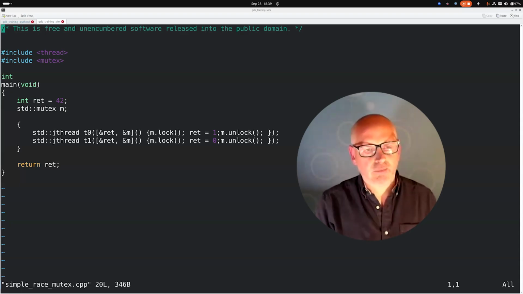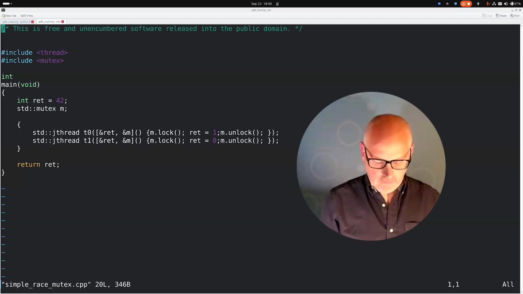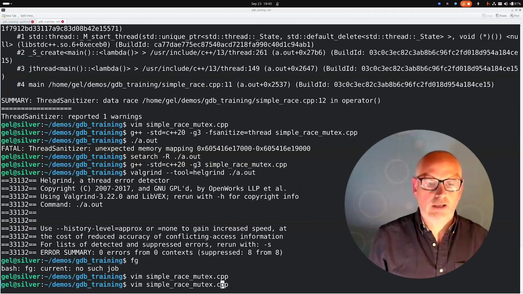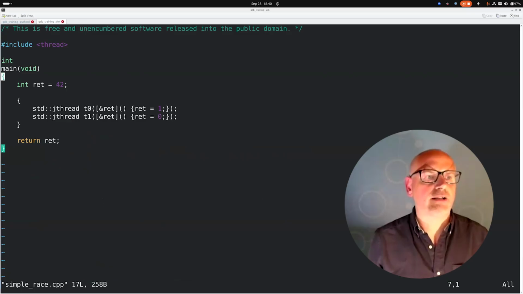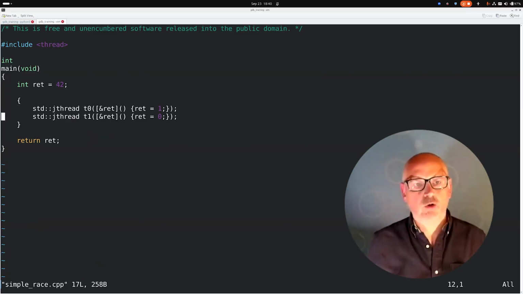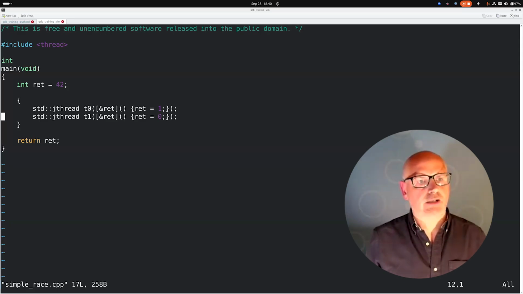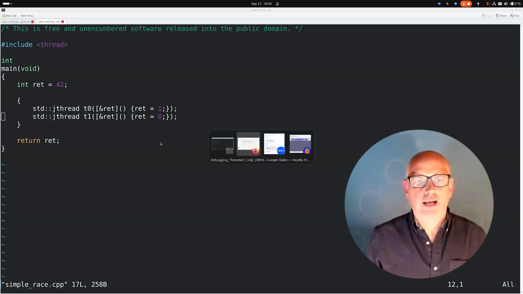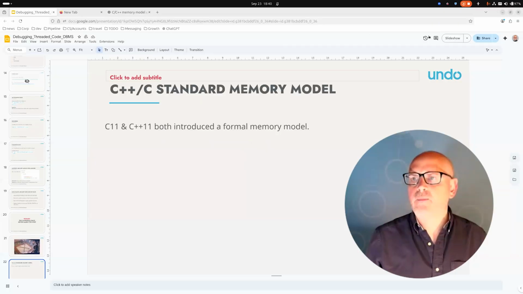In practice, if I go back to the original one, like I say, it is allowed to do anything. In practice, it is going to return 1 or 0. As we saw when we ran it, just be aware of that, and you need to understand that memory model,